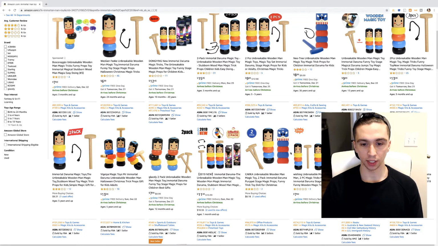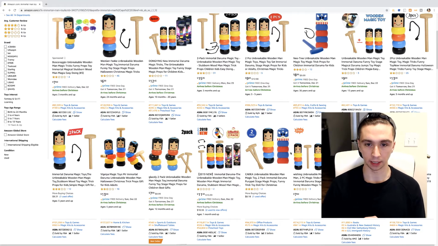How do we differentiate? There's really only a few ways that you're going to be differentiating. First one that comes to mind is bundling. Bundling is one of those easy ones that for some reason people get the most confused about. I was really confused about that in the beginning.